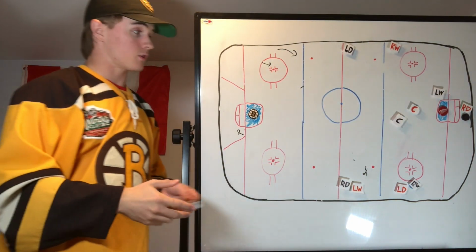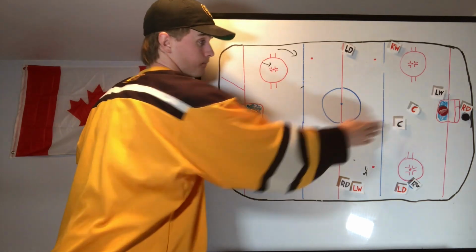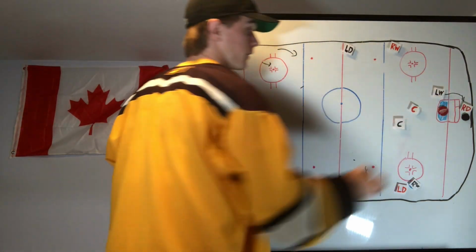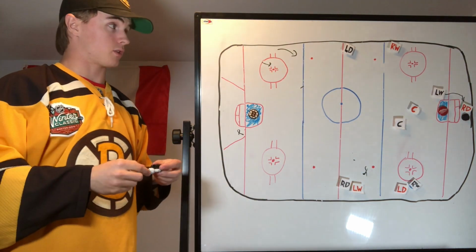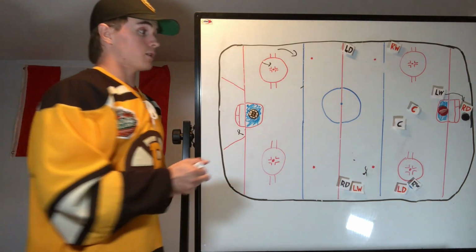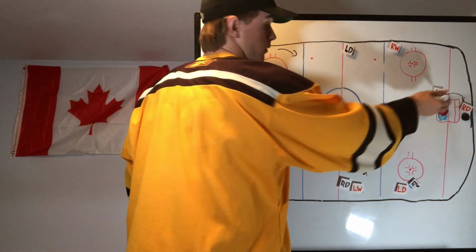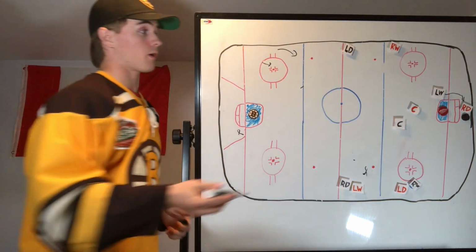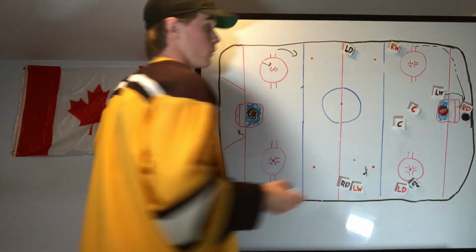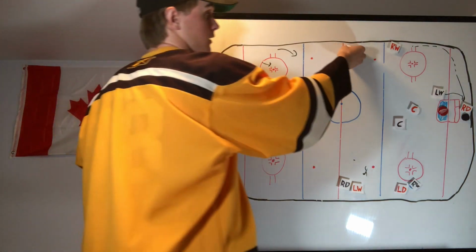And we see here, this is especially what Boston's been doing recently, is what they do is, especially if whichever way they want to force, the center sneaks over. Say the left winger wants to come this way, which you've seen quite a bit. You come around, you take your strong side off. The right winger can never make a play here, because if all of a sudden he tries to force it through, it either gets knocked down by the left winger coming around, or the other option is this, it comes around. The right winger is going to get stuck on that point because the left D collapses,